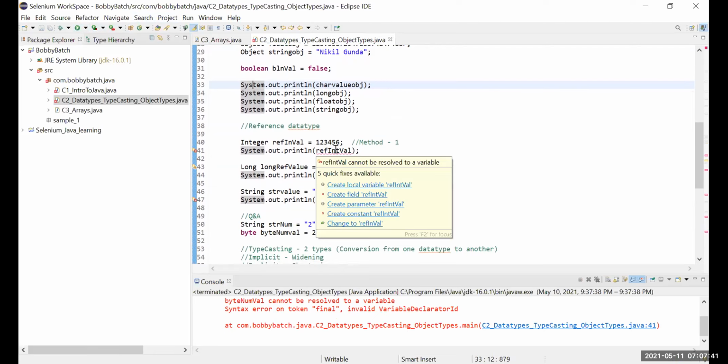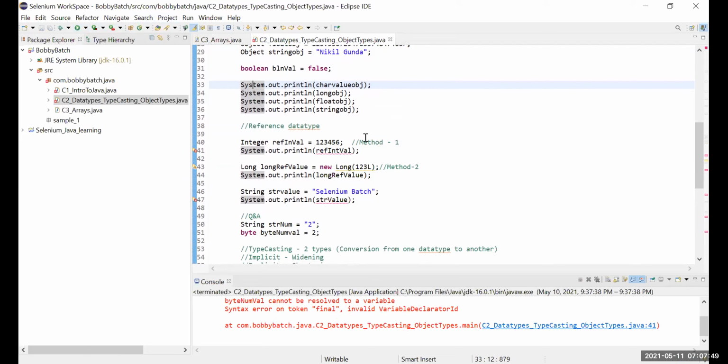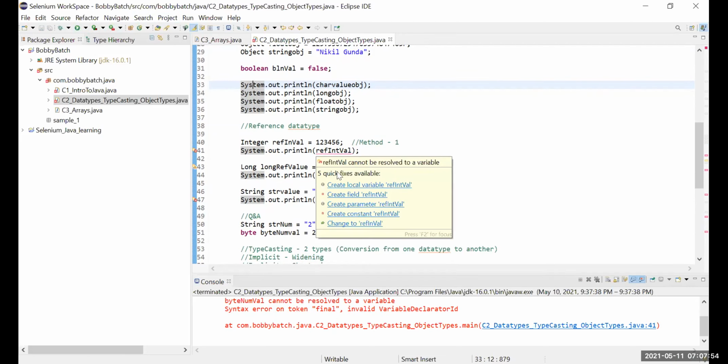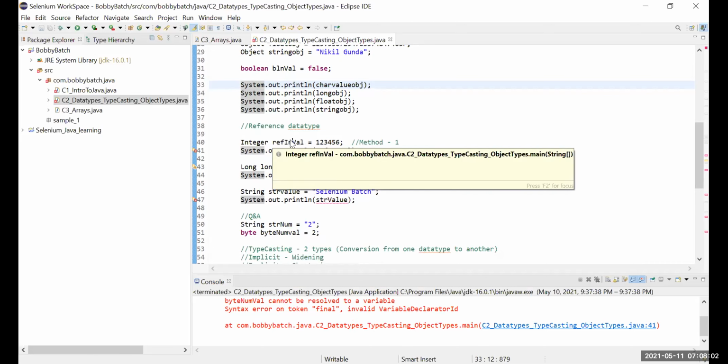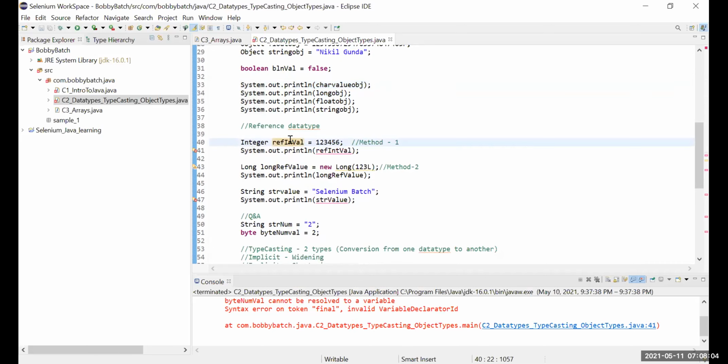You see the variable name above and below. There is a spelling mistake. Variable ref int val. But what did you type on line 40? Oh, int. That's gone. And then similar is the case with str value.